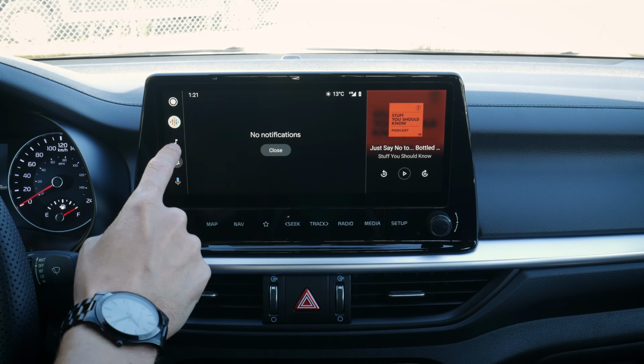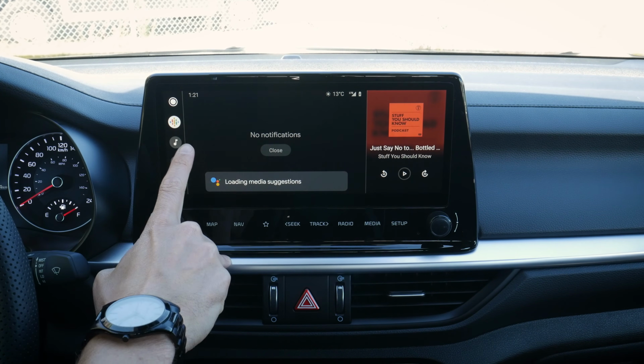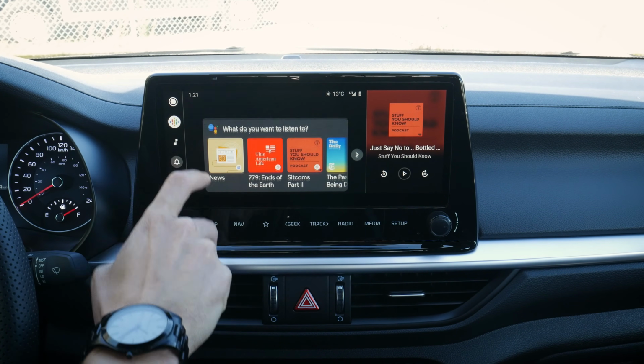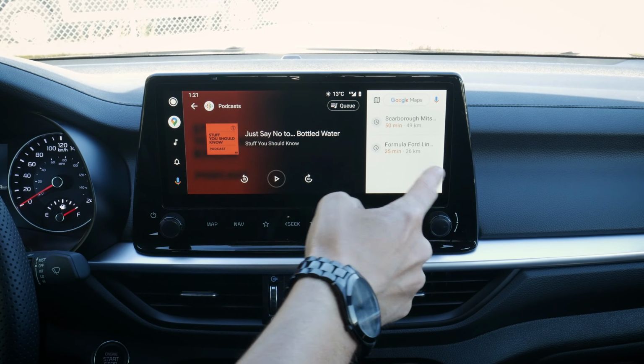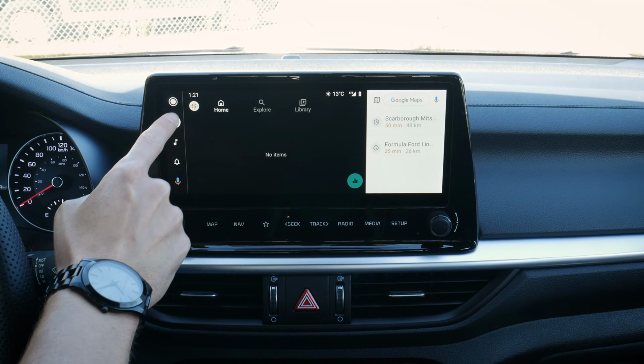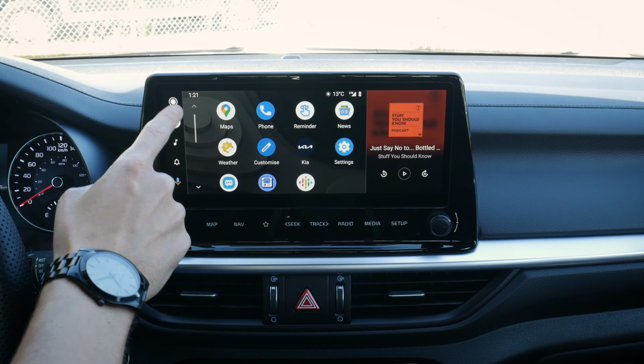We've got any available notifications. We've got what's currently going on for media suggestions. We could also listen to our podcast this way, and then it just splits screens to jump Google Maps over to the other side. Or we could push this button along the very top left to get back to the